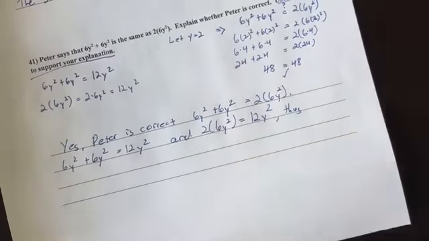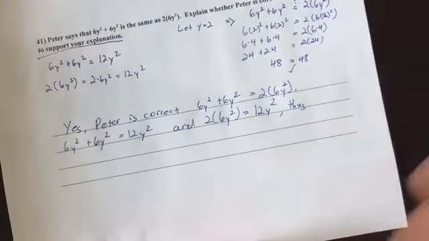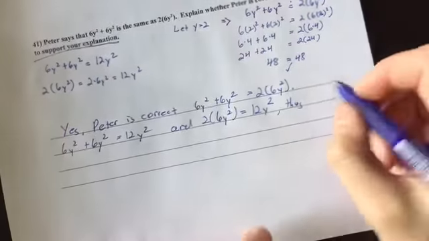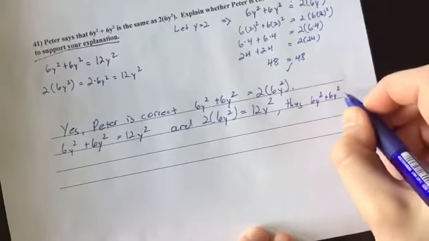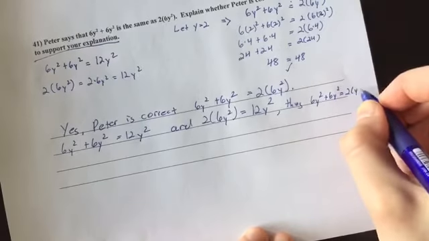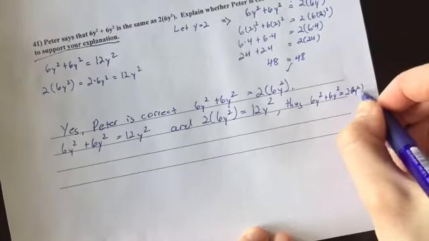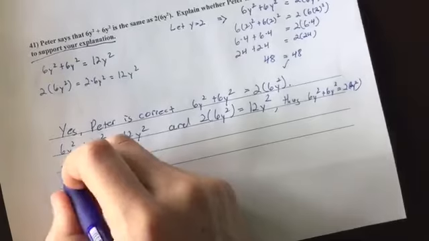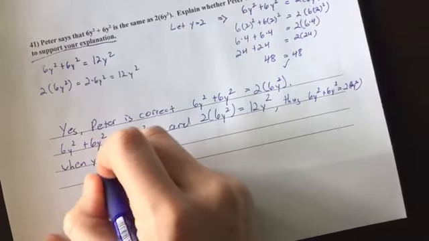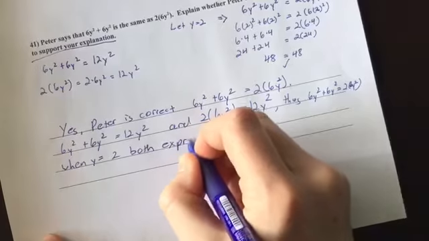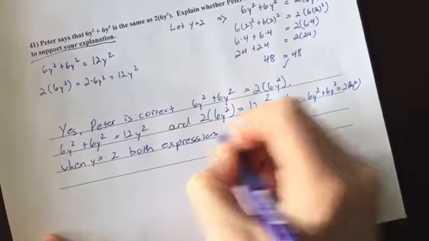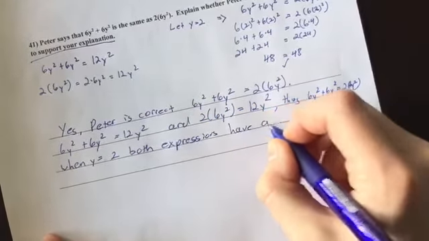Thus is a big math proof, big math explaining word. Thus, therefore, hence. If you do college math and you're writing proofs, you'll use that a lot. I forgot my 6. Right? When y equals 2, both expressions have a value